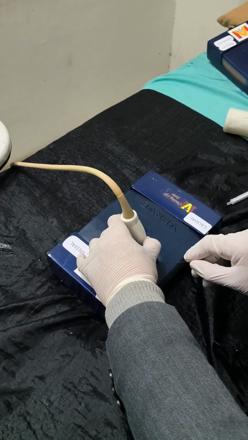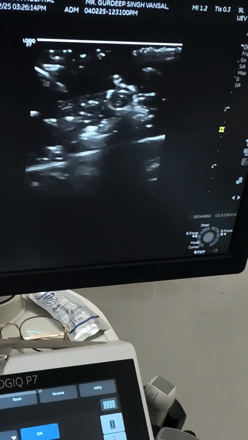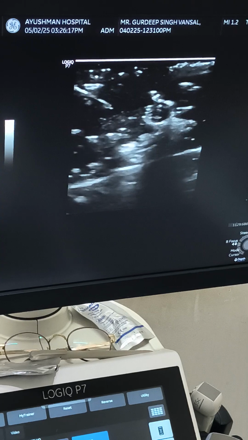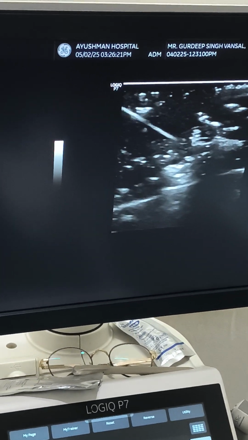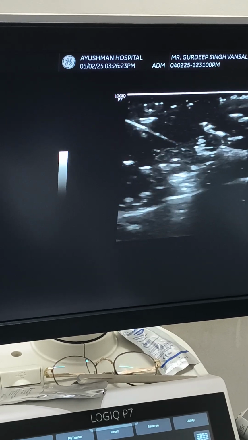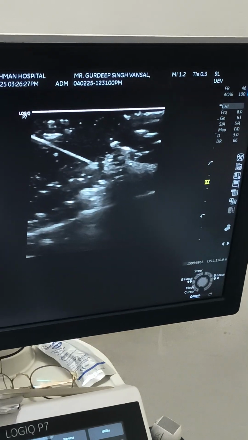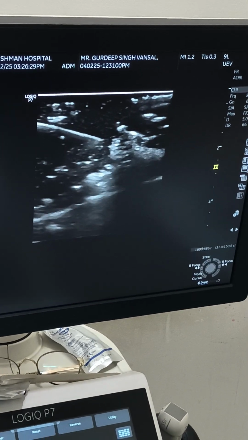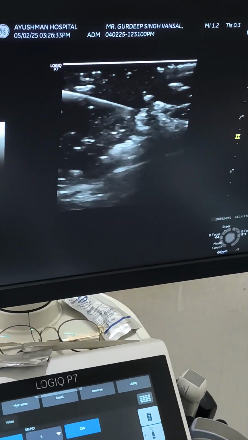Okay, so that's my needle. That's my needle coming and a little bit upward. Yes, so seeing the tip and just below the artery, like in saphenous, or when you want to separate the membrane, then slightly over the artery, slightly over the artery. So these are the things you can practice,